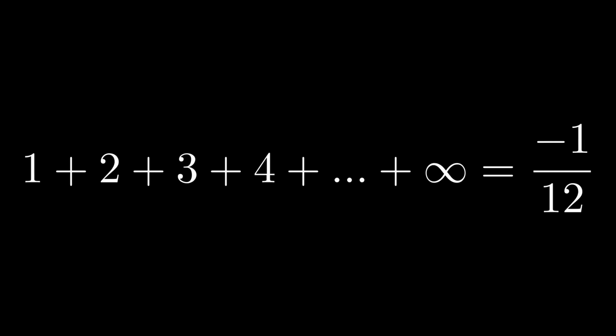How do we arrive at the beginning equation where we added natural numbers to infinity and got minus 1 by 12? First, we are going to have to look at some different summations to reach that. Let us take a summation S1, which is equal to 1, minus 1, plus 1, minus 1, and so on. But how do we find its value?